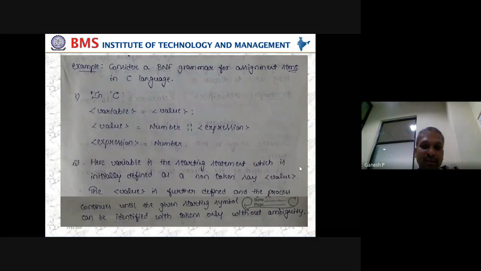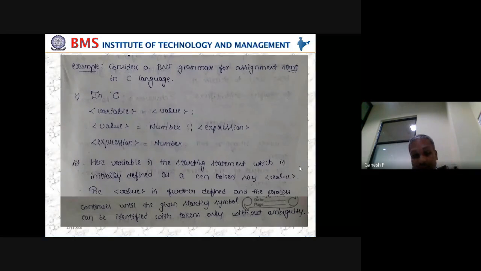Again, expression is defined as a number. So it can be number or number plus number. We have just precisely written here. If you read any document of compiler design, you feel there is so much complexity involved. So expression can be what? Number plus number, number minus number, number multiplication number, number division number, all possibilities. Again, it can be expression plus number. There is so much of integrity,